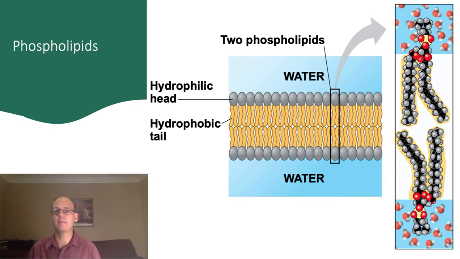Remember that membranes are made up of phospholipids, and phospholipids have two fatty acid chains hanging below a glycerol molecule and one phosphate group above the glycerol molecule. Remember that the fatty acid chains, because they don't have polar bonds, are very hydrophobic. The phosphate group, on the other hand, is very hydrophilic, making the molecule as a whole amphipathic, or having both hydrophilic and hydrophobic regions. When these molecules are arranged in a membrane, the tails point to each other and form a hydrophobic region within the membrane, and the hydrophilic region facing inside or outside of the cell.